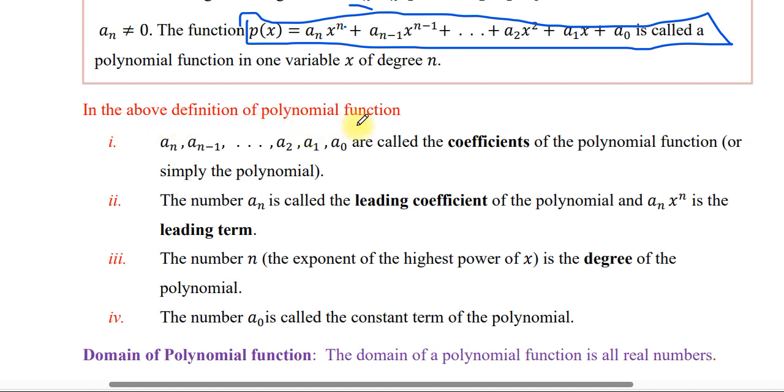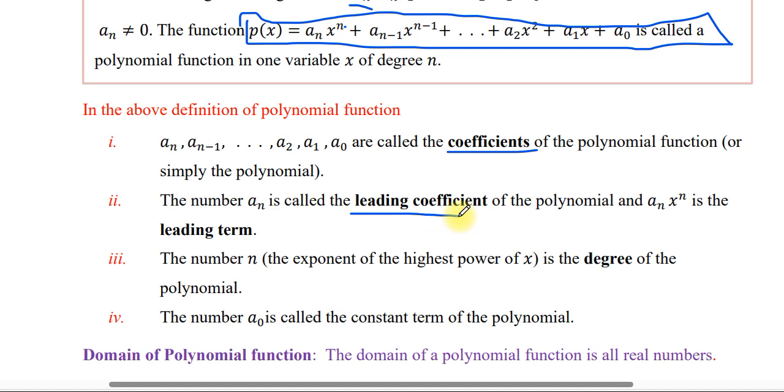In the above definition of polynomial function there are 4 notes here. እንግዲህ ከላይ ዲፊኒሽኑን መሰረት አድርገን 4 መሰረታዊ ነጥቦችን ማውጣት እንችላለን። the first one an minus 1 a2 a1 a0 እዚህ ላይ እንግዲህ an minus 1 a2 a1 a0 የሚሉ ነገሮች አሉ። እነዚህ ምን ይባላሉ? ኮፊሽንት ይባላሉ። coefficients of the polynomial function ይባላሉ። and የመጀመሪያዋ an okay the number an which is called the leading